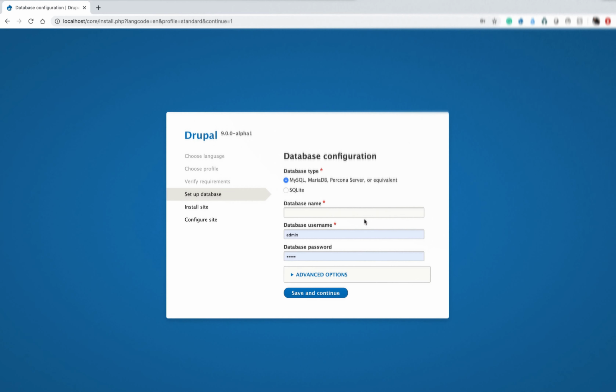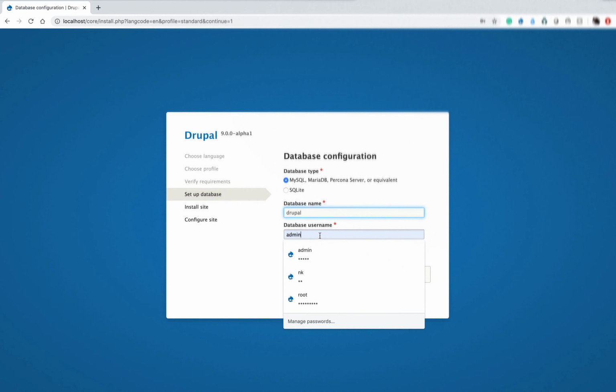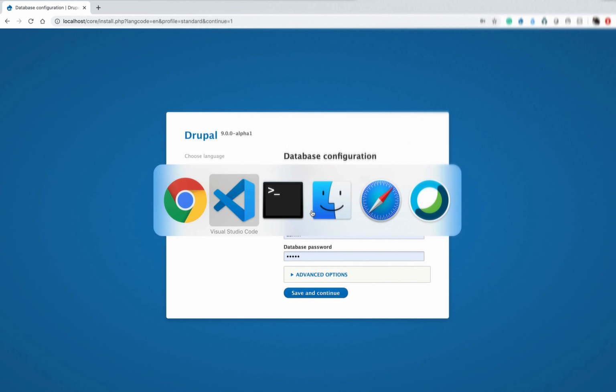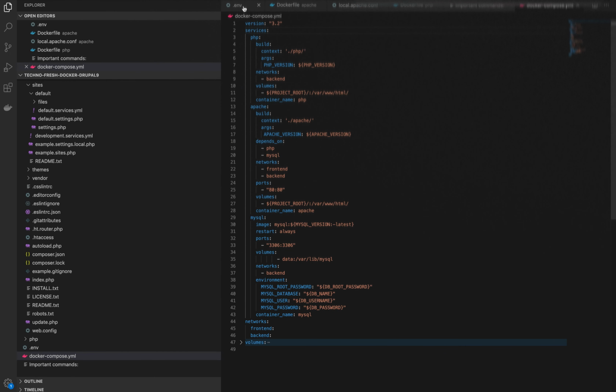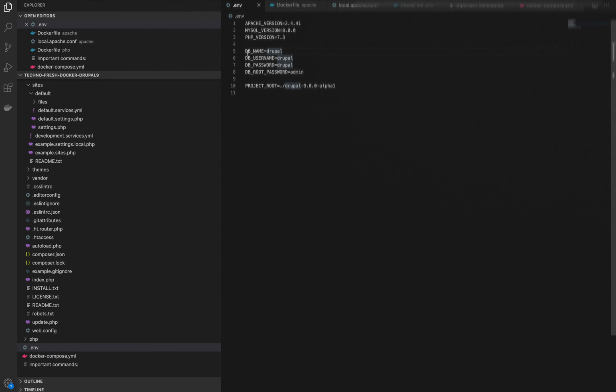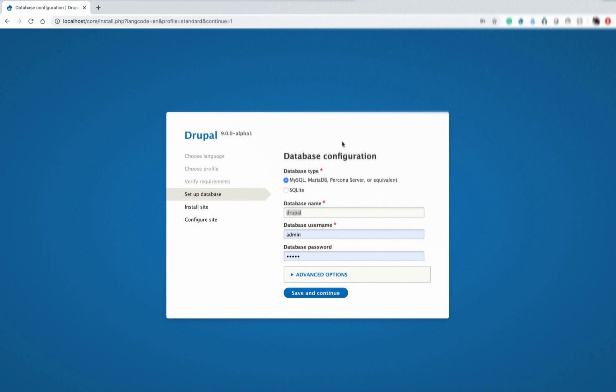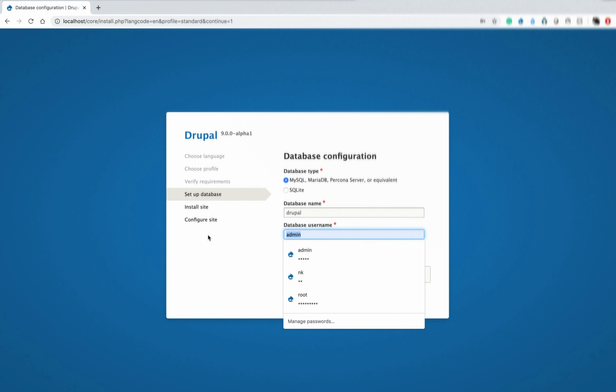Yeah, so this installation started. I'll give Drupal as the database name. Where is this database name coming from? In the code base, if you go to the environment, I've already given the database name called Drupal, right? I'm just passing the variables in the Docker file and the MySQL is being created. I'll let you know how to connect to the MySQL also. So I'm just finishing off my Drupal installation.